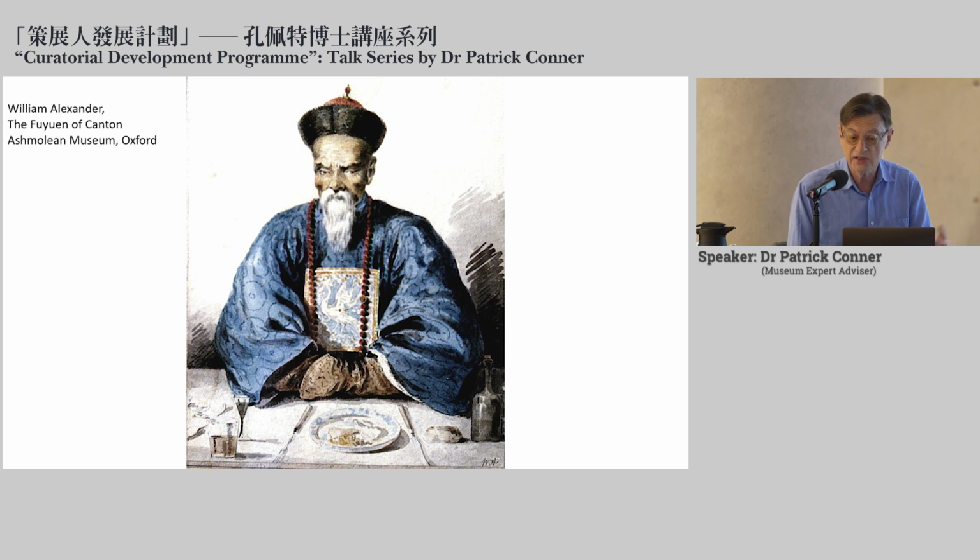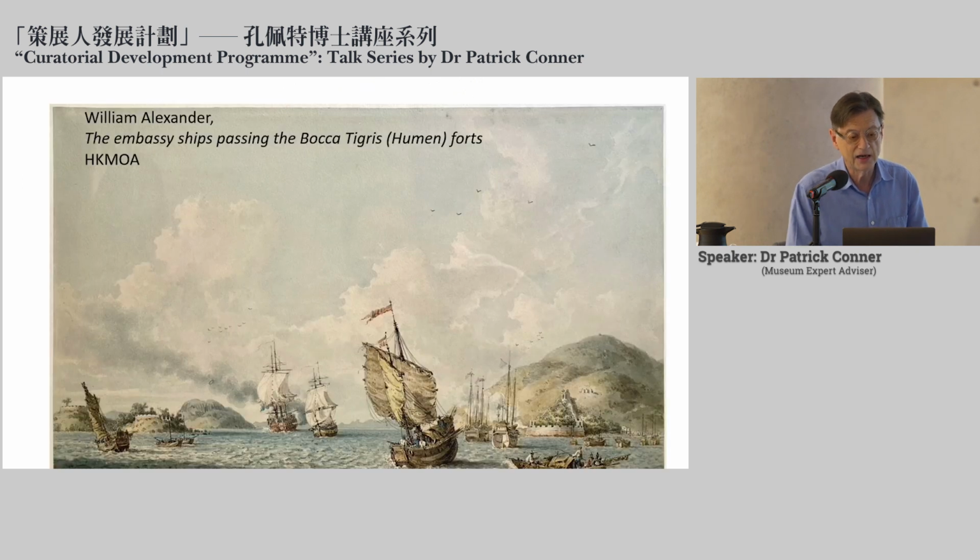And then there was the aquatic procession to Whampoa, as he calls it, which I think is what we saw the Daniells having done. And the captains of the 14 ships carried the members of the embassy in their ship's boats, writes Alexander, each with a Union flag of silk. Then Alexander makes his way, it's another picture in the collection here,